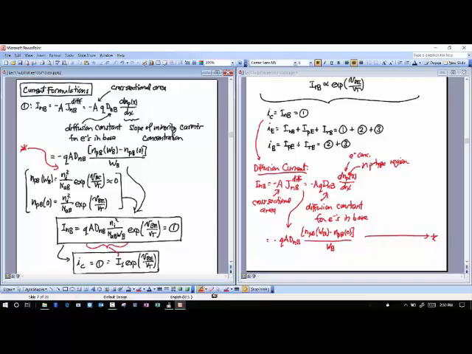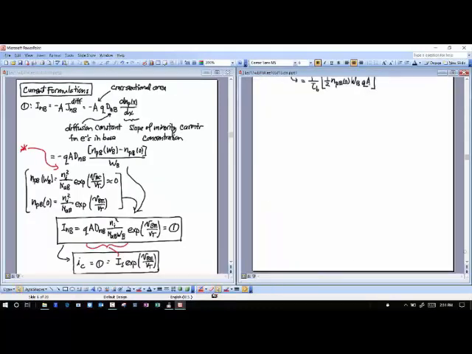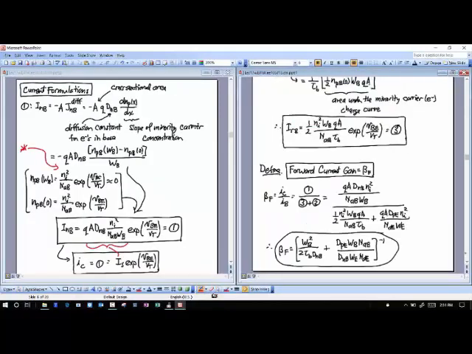If you plug in the numbers for all of these things, and all these things were defined earlier, right? I defined Q and the quantities associated with diodes and that sort, so I won't redefine them. But you know the numbers for all of these things. You can calculate what I sub S is, and you're going to find that it's on the order of 10 to the minus 15, 10 to the minus 16, 10 to the minus 14, somewhere around there, depending on how you've doped this transistor. But here you can see that exponential transfer function of current going into the collector for this transistor.